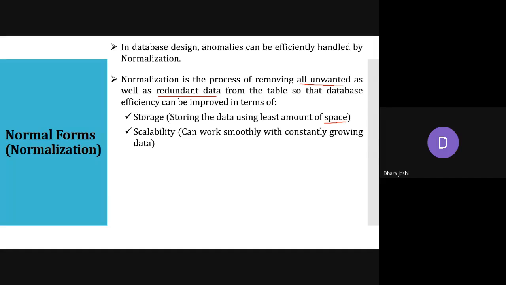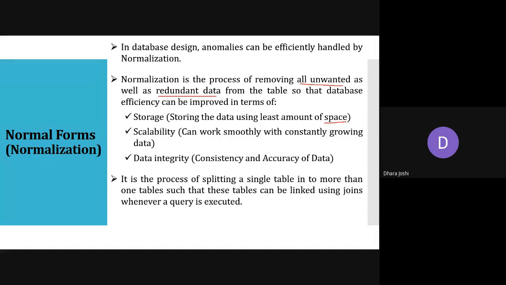If your table is in the normalized form, that means the structure is designed in such a way that it will not produce the redundant data. It is not allowed to store the redundant data. That's why it will cope up with the growing or increasing amount of the data. Data integrity. Integrity means the data should not be changed. So consistency and accuracy of the data will remain as it is.